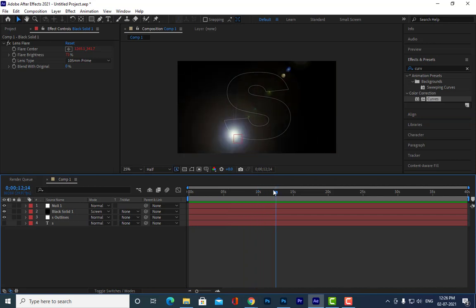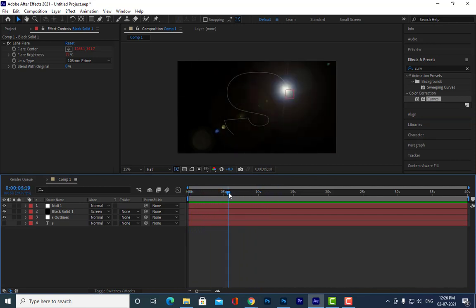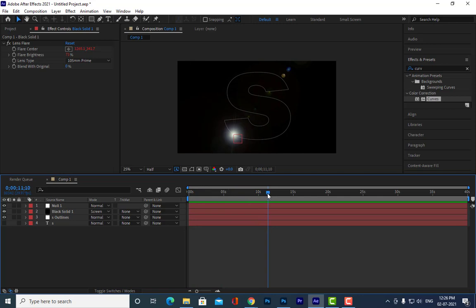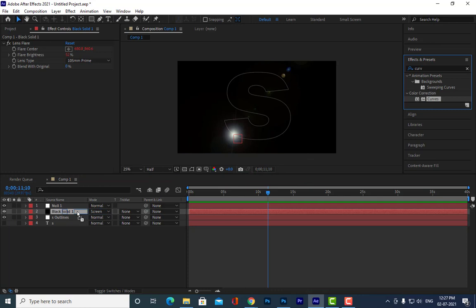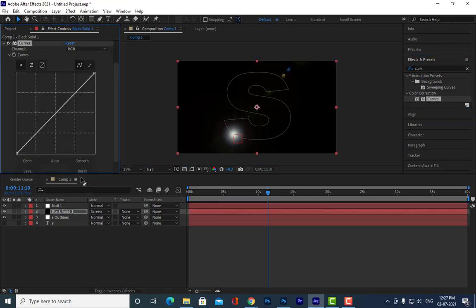See here, with curves we can give some coloring to this. I can apply the same curves to this solid layer. I think it got slowed down. Just a minute, it is not responding. Okay, I can select any one color here.